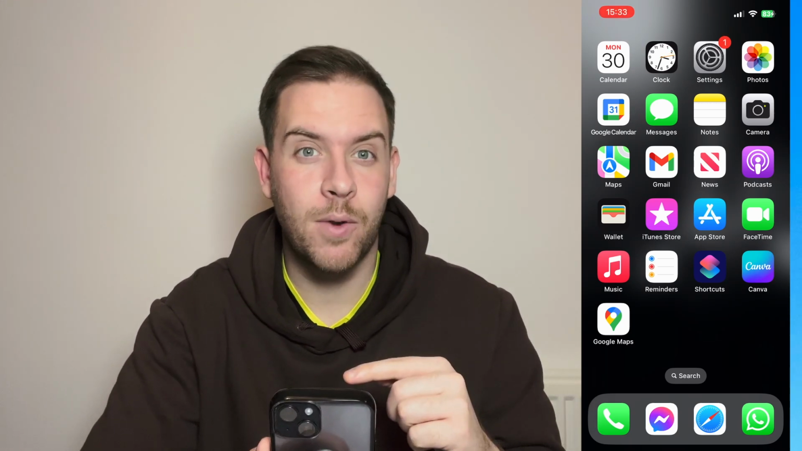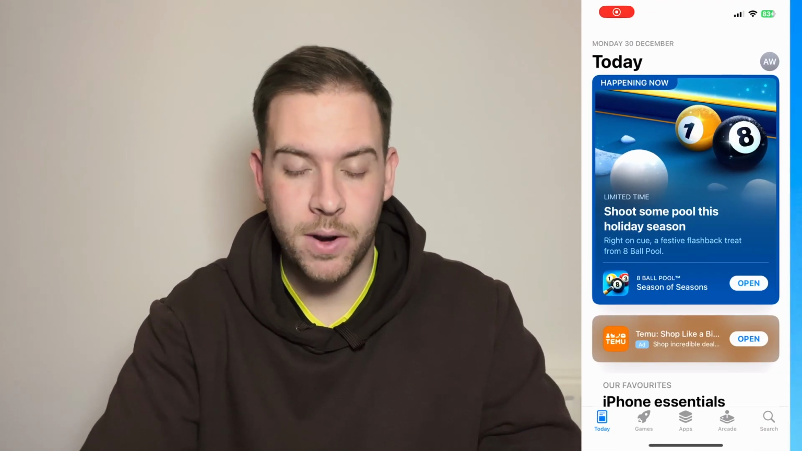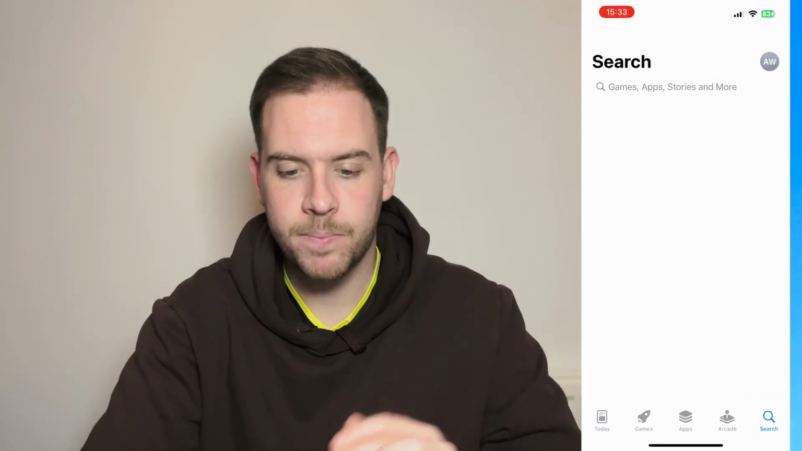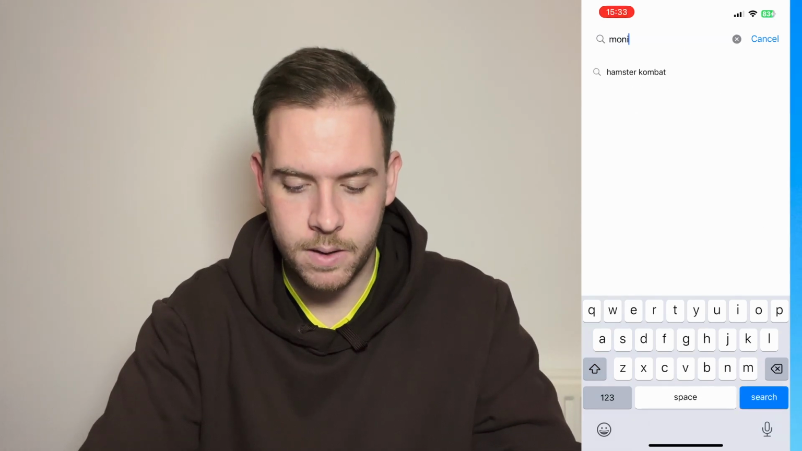So I'm on my iPhone right here. I'm going to go down to the App Store. It's this blue button in the middle of my home screen. Open up the App Store. It brings you to the Today page, and then in the bottom right there's the search page. Click that, and at the top, start typing in Monopoly